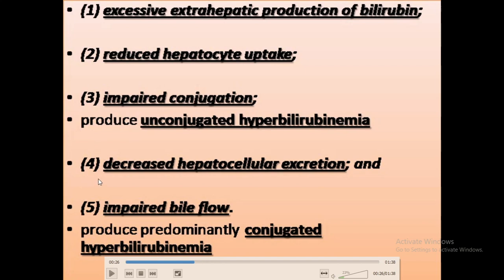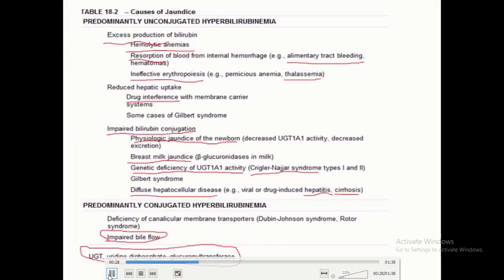Or there can be decreased hepatocellular excretion and impaired bile flow, which produces conjugated hyperbilirubinemia. So let us just go through some of the common causes of conjugated and unconjugated hyperbilirubinemia. So in unconjugated hyperbilirubinemia, excess production of bilirubin may occur in hemolytic anemia, or resorption of blood from alimentary